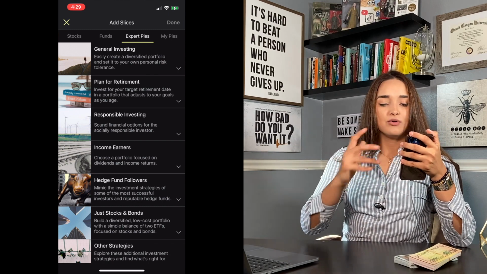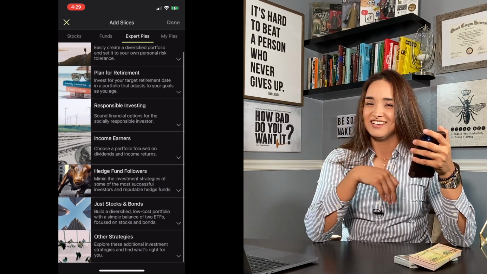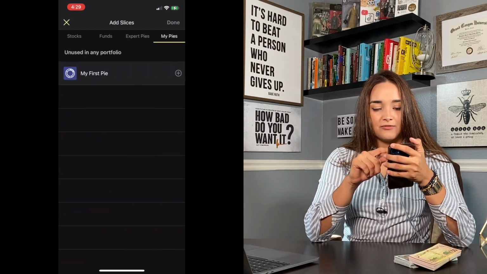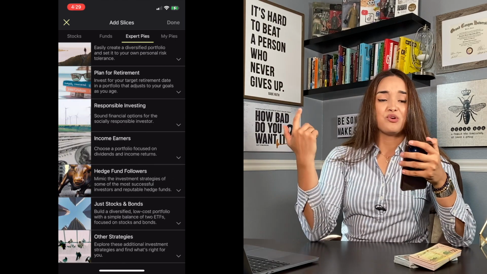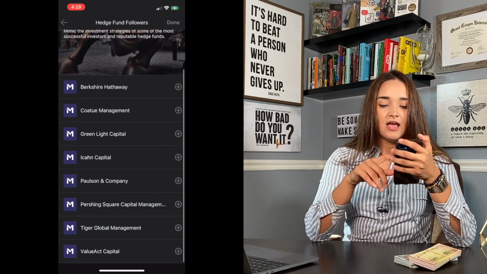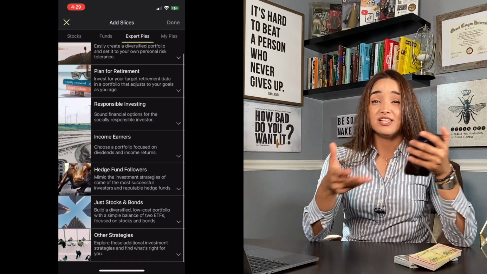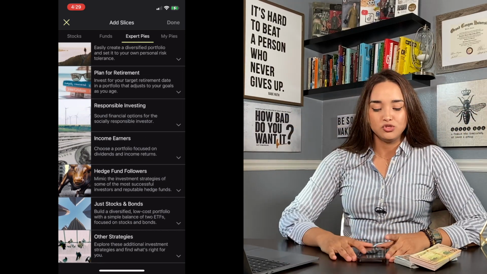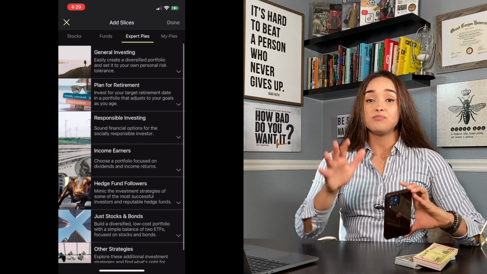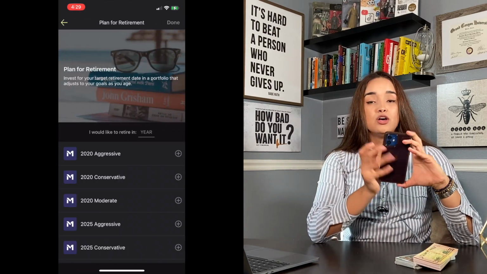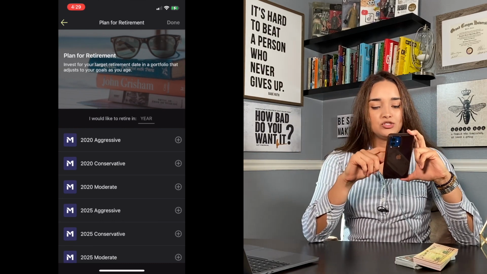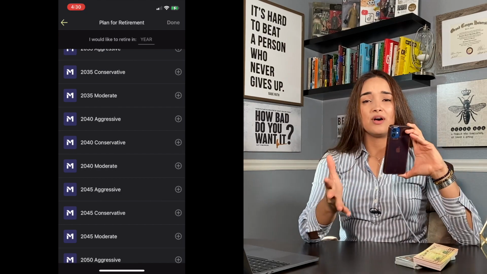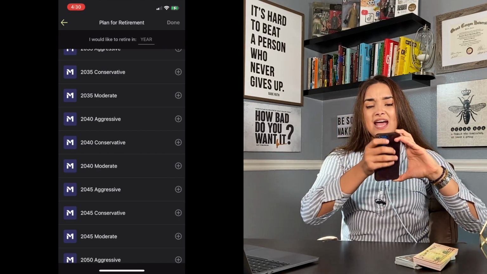You can also do income earners, hedge fund followers. So you can go here and look at different people that you want to look at and see what they're investing in, just stocks and bonds or other strategies that you can go ahead and do some research on. The thing here also, I forgot to mention, you can also plan for retirement. So there's different plans and different pies here. So if you want to do 2020 conservative, if you want to do, let's go to 2045 aggressive, you get to go in here and look at what they're investing in and what they recommend,